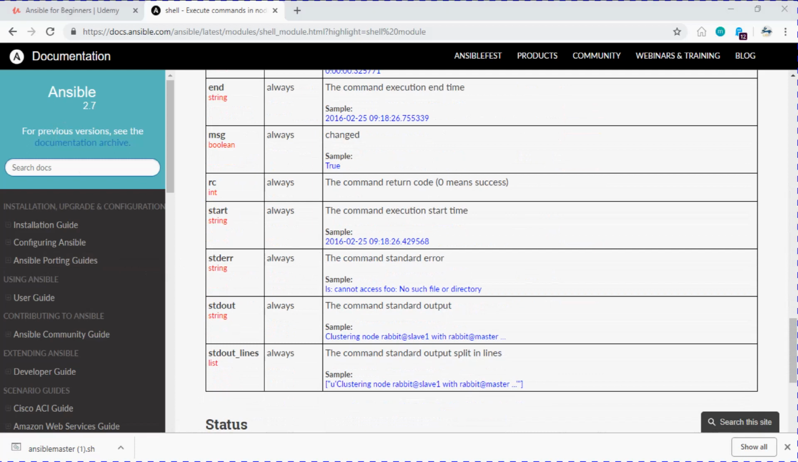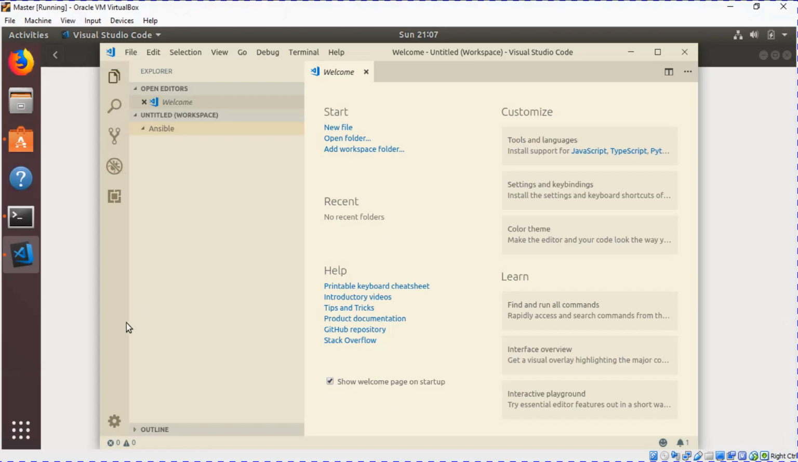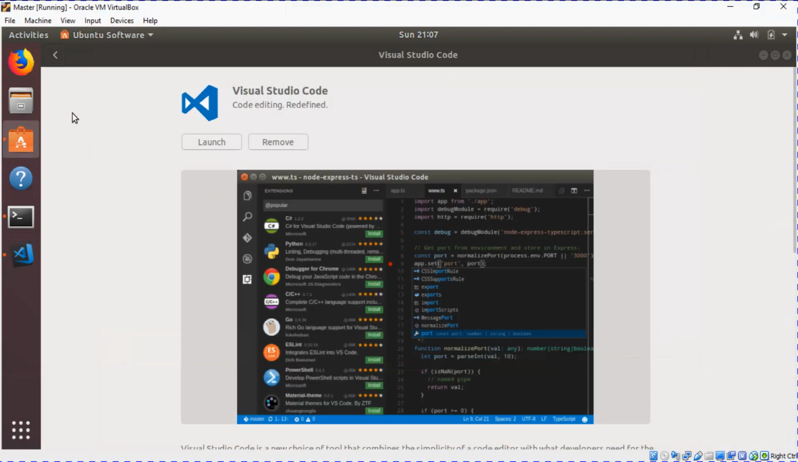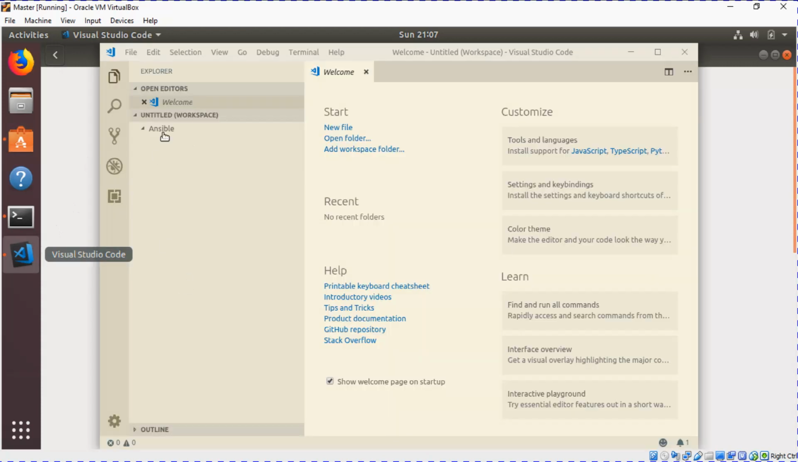Now let's head back to the master server to create our first playbook. I'm going to use Visual Studio Code as my IDE for this course. You can go to Ubuntu software, search for Visual Studio Code, and then install this software. Now I have a folder Ansible inside my documents where I'm going to store all my scripts. So I can select Ansible, click on new file, and name the file basic.yaml,